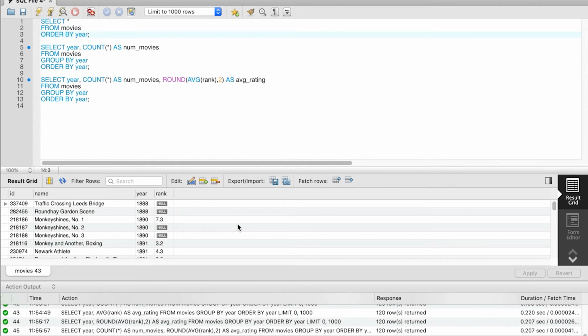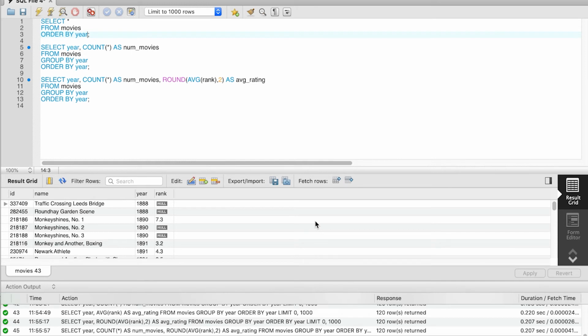Why bring this up? Because it's a good opportunity now to see the difference between the count attribute aggregate versus the count star aggregate. And we're going to use that to calculate how many movies in each year have a rating. Again, remember the difference between count star and count attribute.